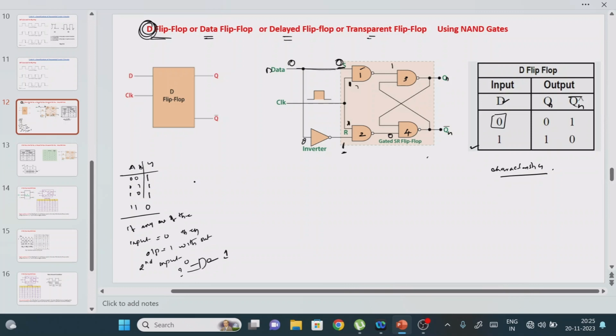What is the meaning of this? If you know one of the inputs is 0, and you don't know the second input terminal value, it means the second input may be either 0 or 1. If you apply 0 also, you will be getting the same output. If you apply 1 also, you will be getting the same output. It means that irrespective of the second input terminal, using the first input terminal, we can decide the output